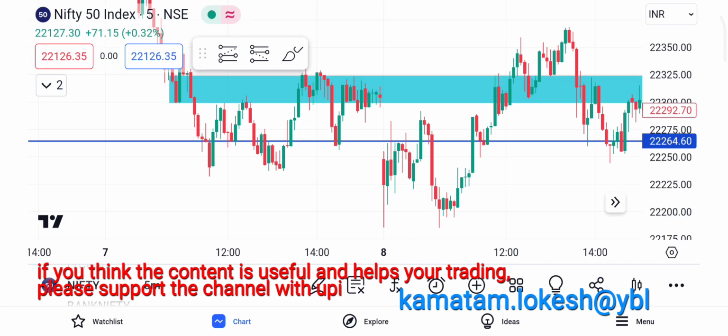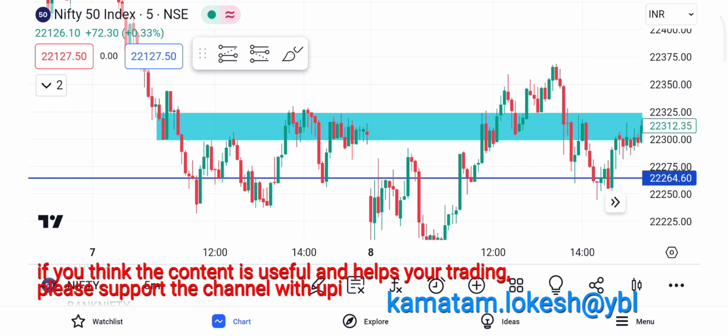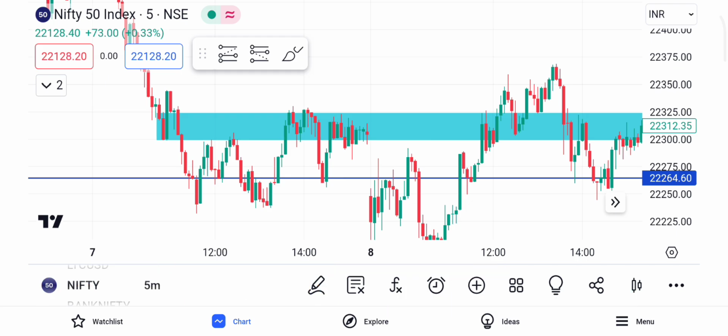Let me know in the comments if you want more examples of the same strategy, and I'll show you some more examples even in Bank Nifty. If you want, like I said, you can follow Nifty, use these Nifty levels, and trade in Bank Nifty as well. Then 80% of the time it works. Hardly 10 or 20% of the time it won't work, right?